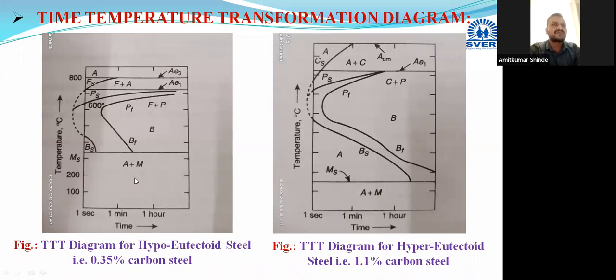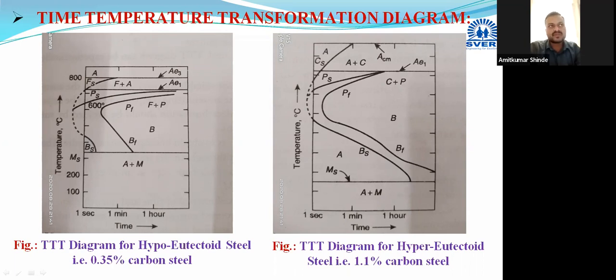Then bainite transformation. Here we can get bainite with a fast cooling rate. Bainite can be obtained in the case of hypereutectoid steel, but to get the bainite in hypereutectoid steels, we have to do very slow cooling. It's shifting towards the right-hand side. Very slow cooling is required, as this is shifting towards this right side, BF. Here it is very close, meaning fast cooling is required. Here we have to use slow cooling to get this bainite structure at room temperature.